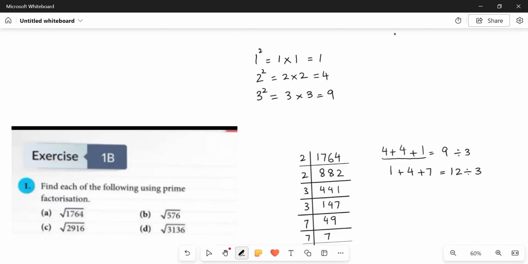Okay, now let's go a step forward and just find out the square root of these squares. These are the squares of consecutive numbers, that is the numbers coming one after another. Let's take another square, 4, and it's 16. So these are the perfect squares of consecutive numbers.